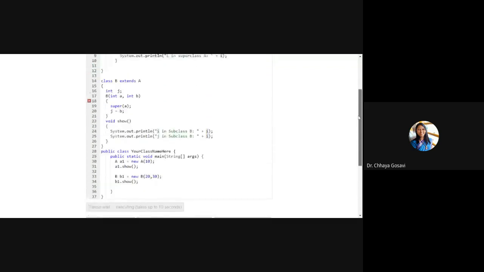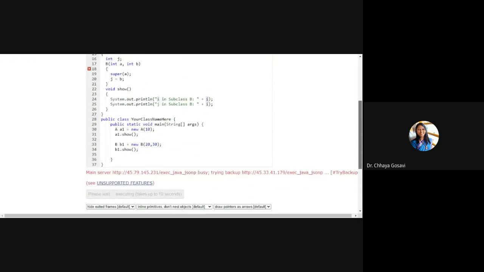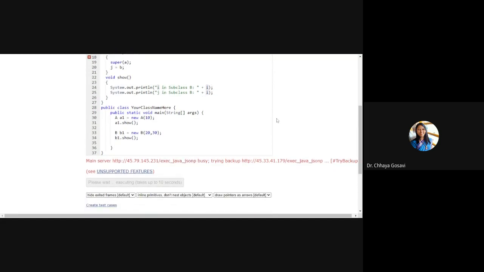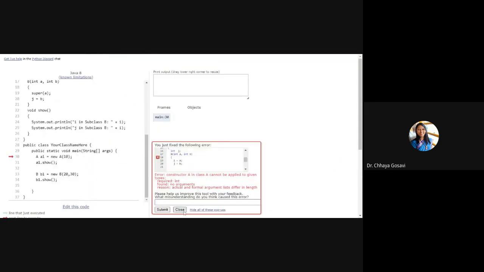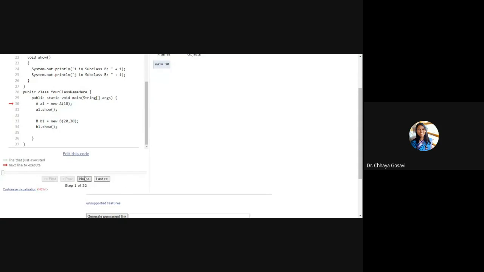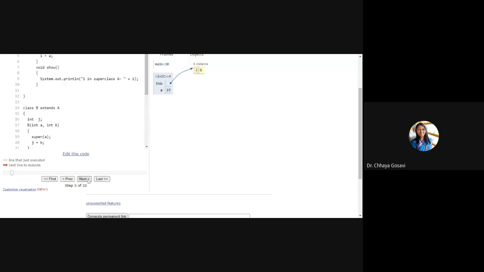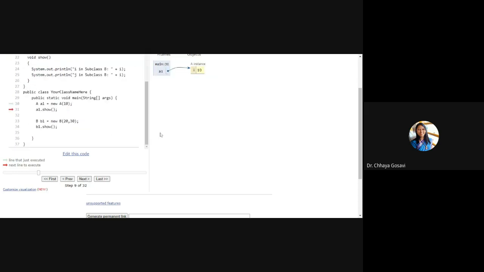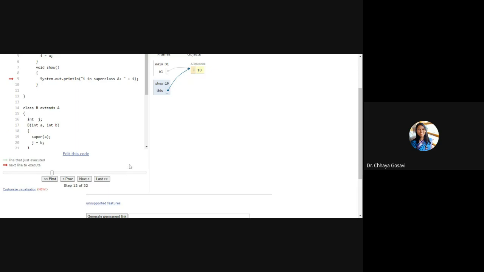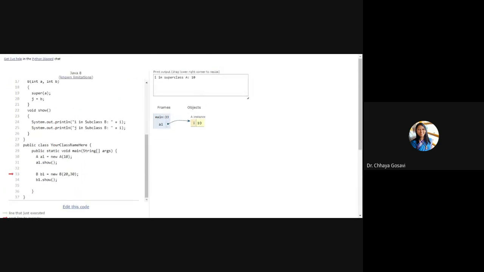It takes time to execute. So now execution is started. First we are creating an object of A just to show the base class is a working class, a class which is already available with variables and methods, and this class is ready to use. And then we want to add something new to this class. That's why we have created class B. So class A is working fine. We can show those values.